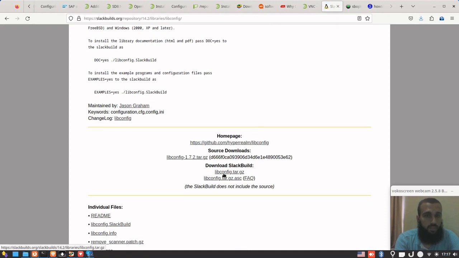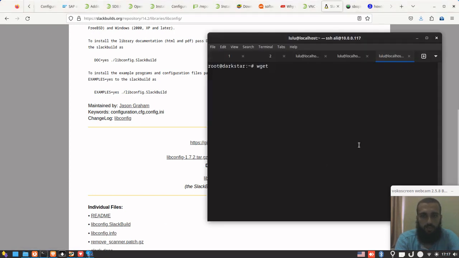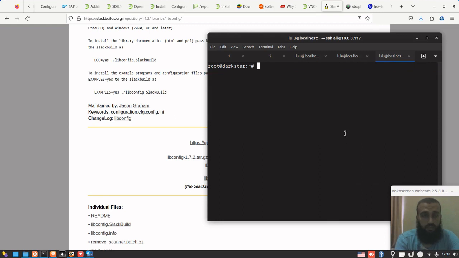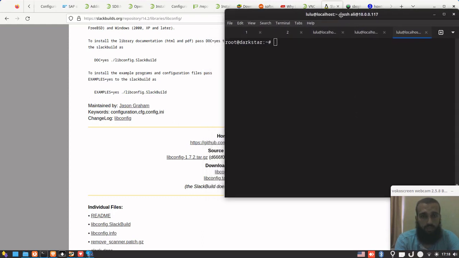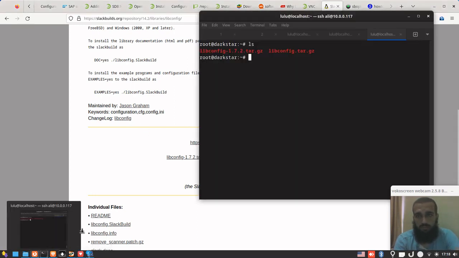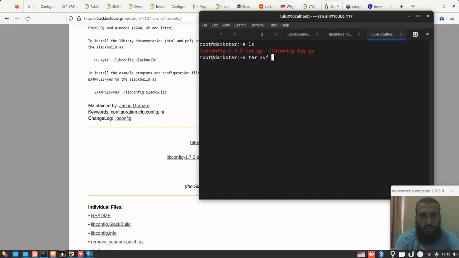Yes, so the first thing is to download the tar file of the Slackbuild. You find it, the second one here. Here you have this, not the second, the third one at the bottom. You find download Slackbuild, you download it like this on your machine. Afterwards you decompress the tar file that you have downloaded. So you check it like this. In my case it's libconfig. So you run tar xvf or whatever,